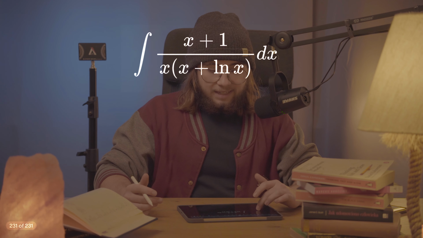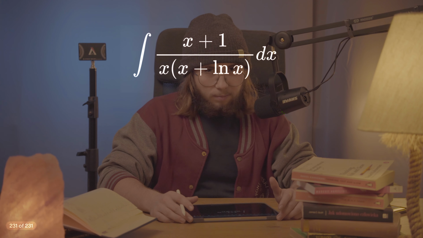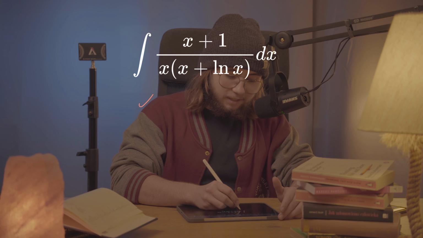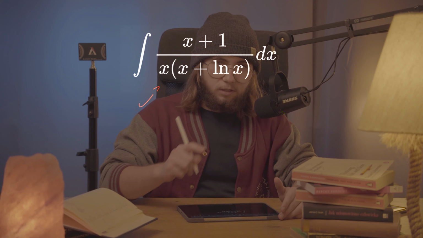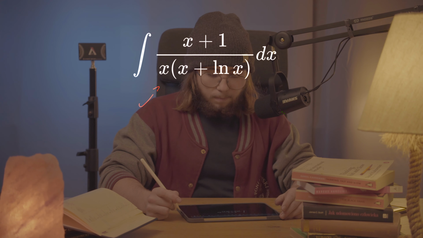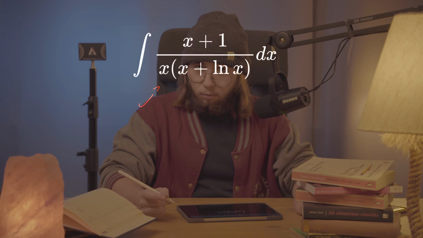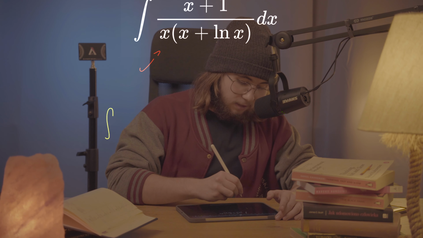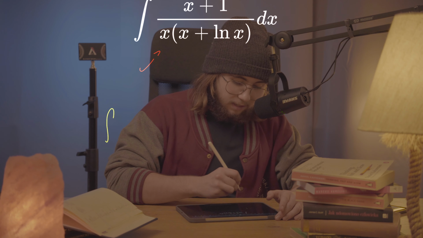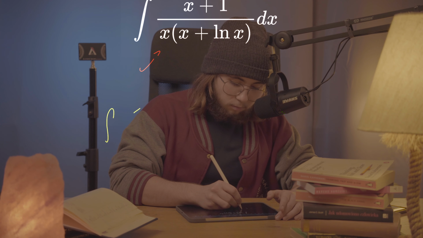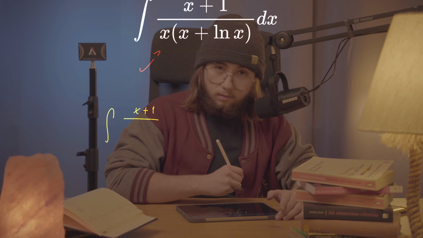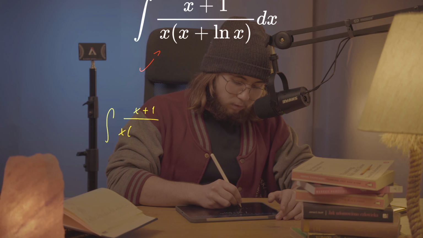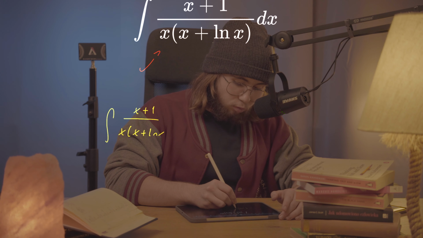Well, first of all, this fraction looks just about messy, but the thing that messes around here the most is this x in the denominator. I really do not like this one. So maybe I could get rid of it somehow. Well, I definitely can. So I'm just gonna rewrite my integral as the integral of (x plus 1) divided by x multiplied by (x plus the natural log of